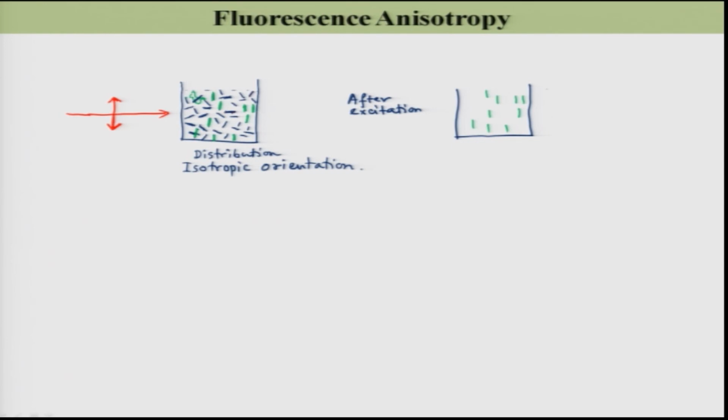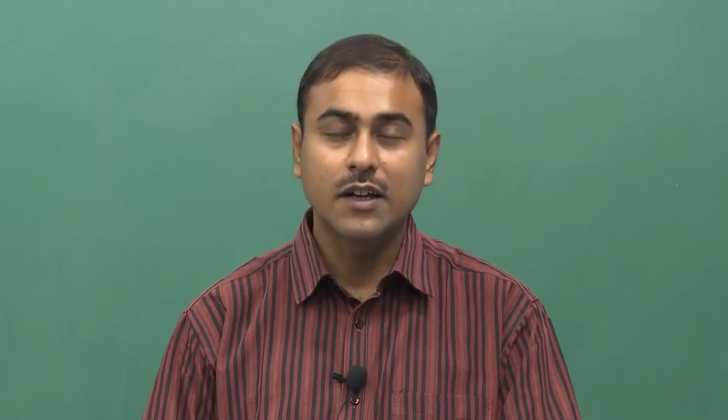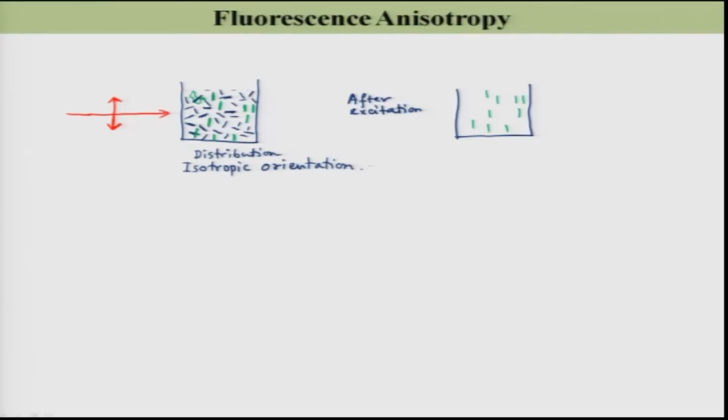So, you see the excited state looks like that, all the molecules oriented in a similar fashion, right. So, it is no longer an isotropic distribution. I have changed from an isotropic orientation, or isotropic distribution,